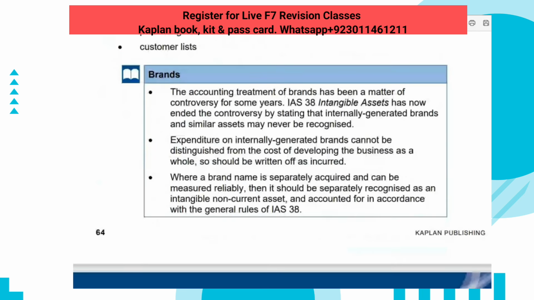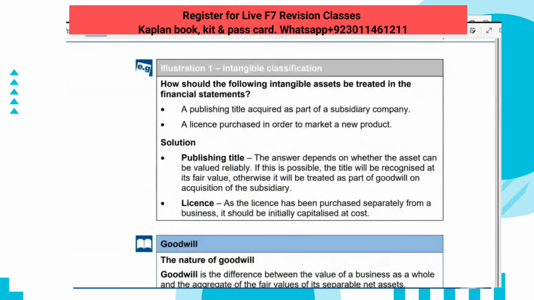Brands: the accounting treatment for brands has been a matter of controversy for some years in the past. IAS 38 has now ended the controversy by stating that internally generated brands and similar assets may not be recognized. Expenditure on internally generated brands cannot be distinguished from the cost of developing the business as a whole, so should be